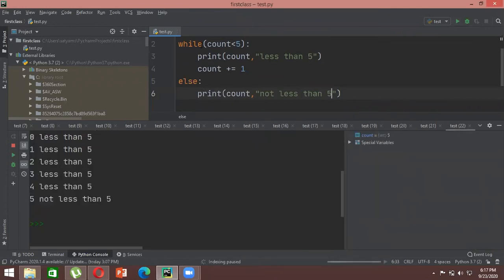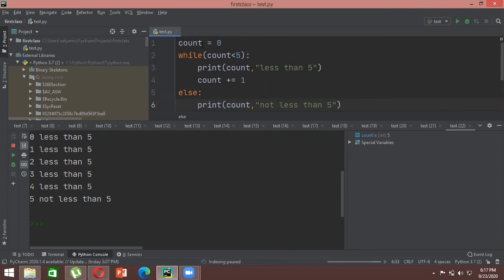So see here what it does is, first it prints the value of 0. So first Python says that okay, the value of count is 0. It goes to this particular condition. Now this condition says count should be less than 5. So is 0 less than 5? Yes, 0 is less than 5. So it goes into this loop. And the first statement is, you have to print the count.